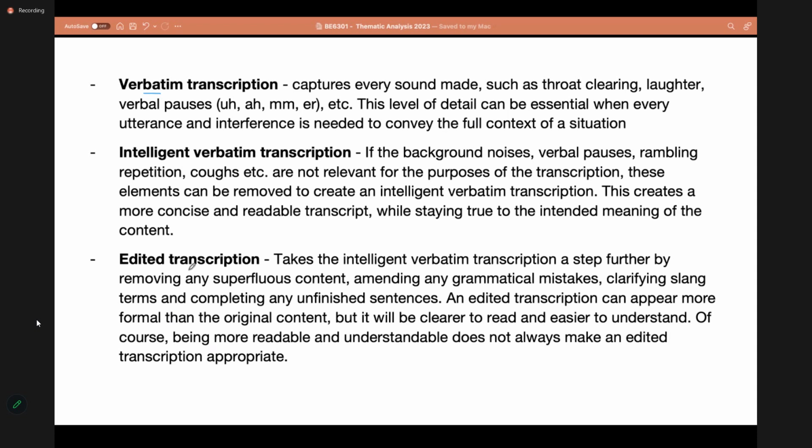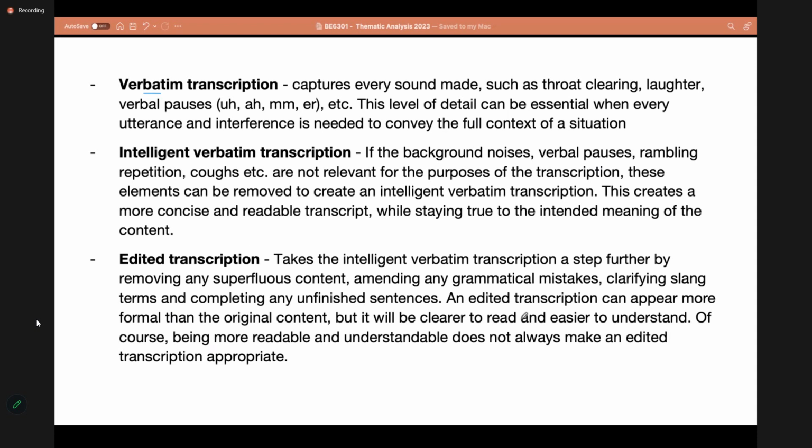If there are any grammatical mistakes in the way that they talk, you might correct those. If they're using certain slang terms, you might edit for those things. Any unfinished sentences, you might complete. That type of edits are done, and that's known as an edited transcript.